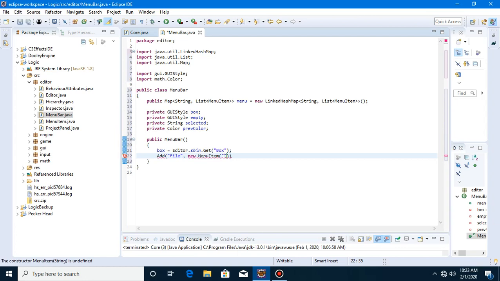And let's say I'll just add a quit. Oh, needs another parameter. And I'll say this file. This file. And that's how you set it up. It's really simple. We still have to create the file method, but